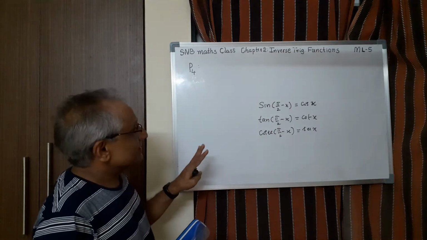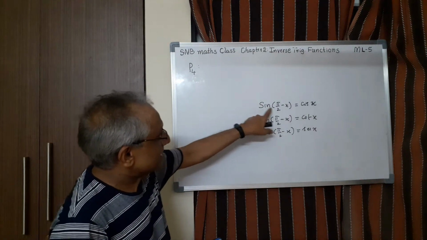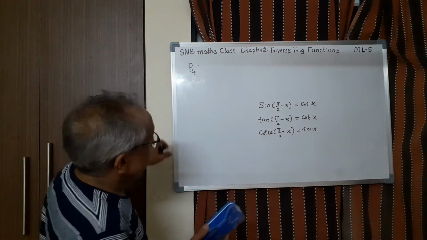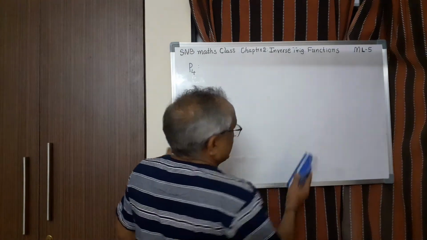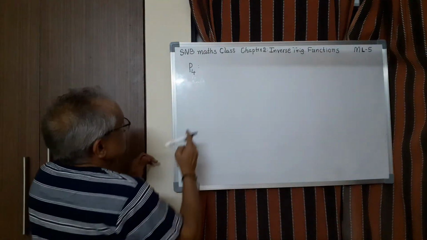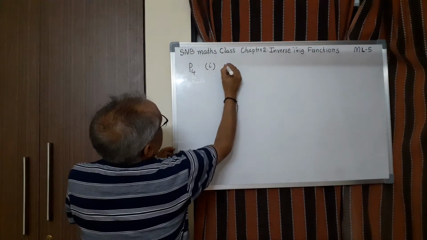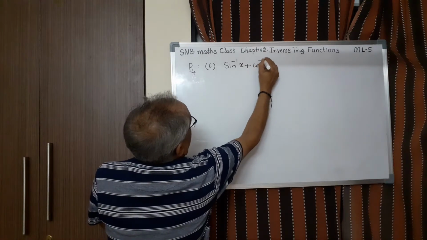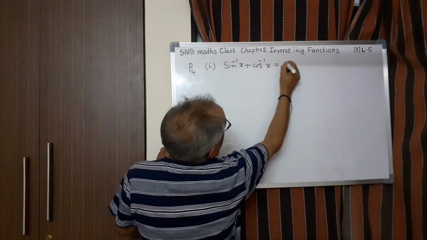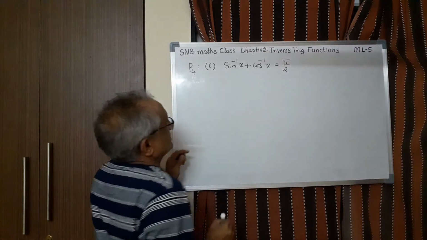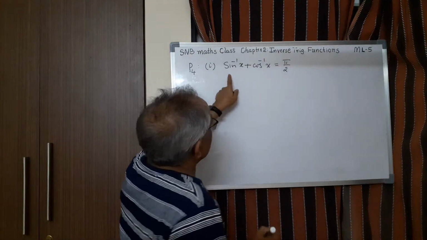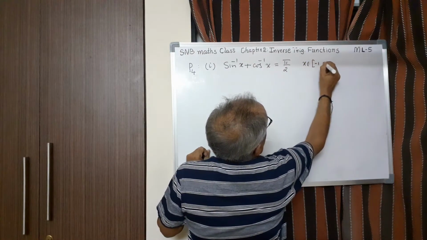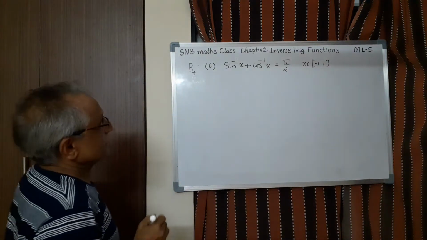Now similar relations are there with respect to sine and cos, same pair, and tan and cot, and cosecant and secant in inverse trigonometric functions also. Let us study them. So the properties are like this. Once again, three sets. First one is sine inverse x plus cos inverse x equal to pi by 2. That means it is a constant. But the condition is, of course, first of all, these two functions should be defined. So x belonging to minus 1 to 1. So this is the first property.